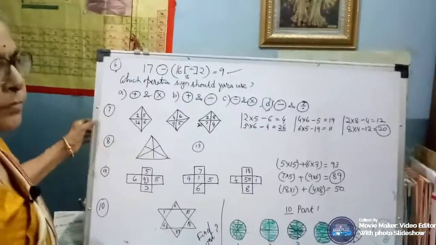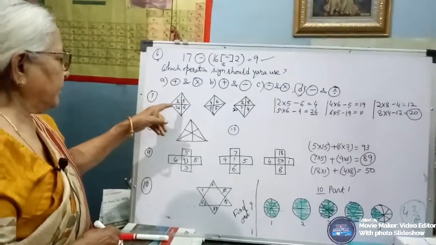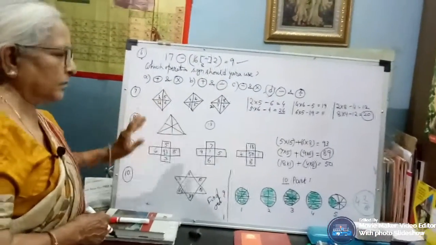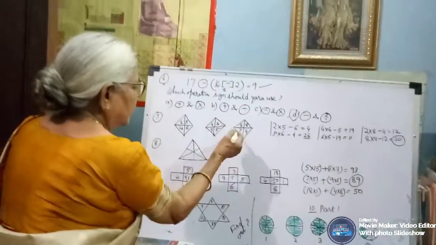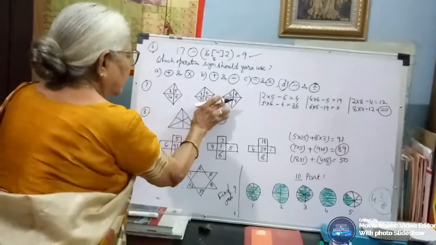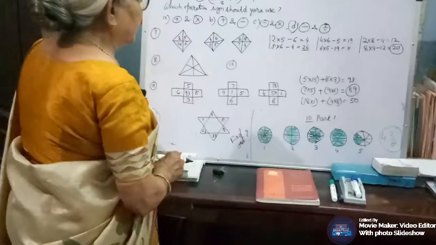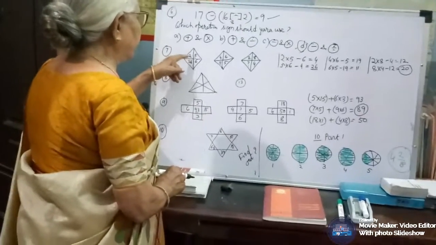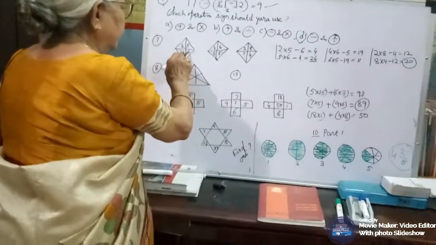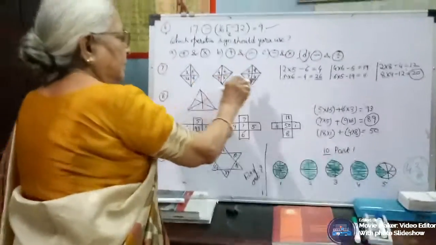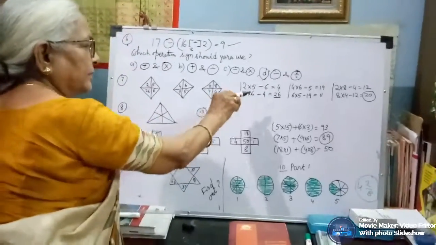Okay. Now come to question number 7. Here we are having some numbers along with the rhombus. Now here this is the missing. What number will come in the question mark? So let us see. Multiply 2 5s are 10 minus 6. This 2 you multiply and this one you subtract. That is 4. Okay. Again, it is not the answer.